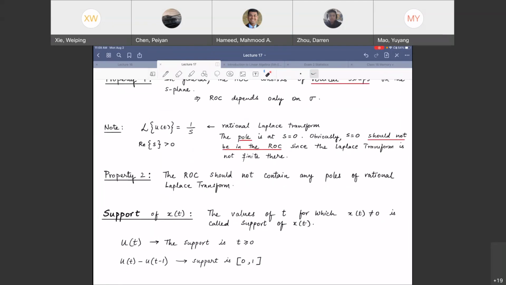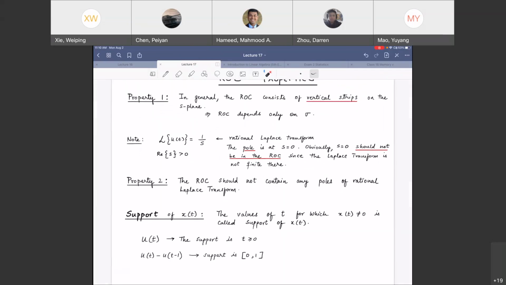And we looked at this example. Laplace transform of u of t, 1 over S, ROC was sigma greater than 0. Over here we saw that the pole should not be in the ROC, but if you look at the vertical axis, ROC will be to the right of that. Meaning there is no limit on the j omega, there is only limit on the sigma for ROCs.